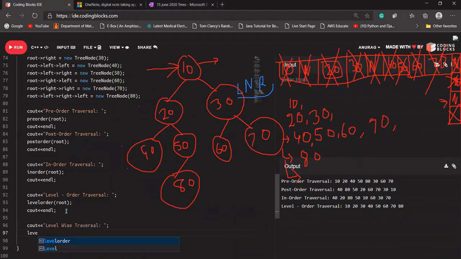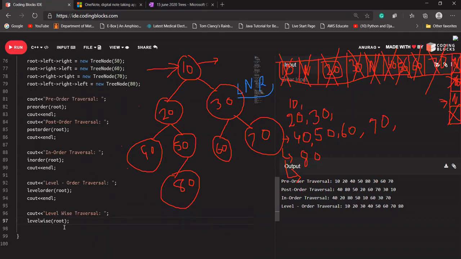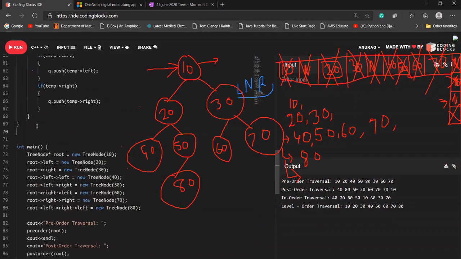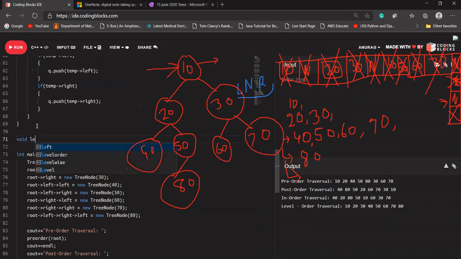Let's design our level wise function and pass our root node to it. Void level wise, and I'll be passing my root node to it.